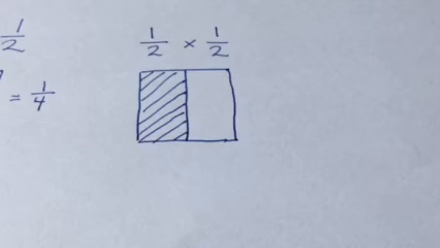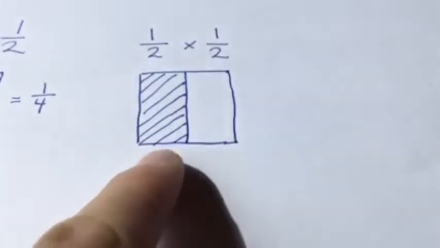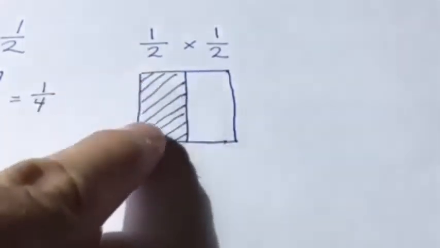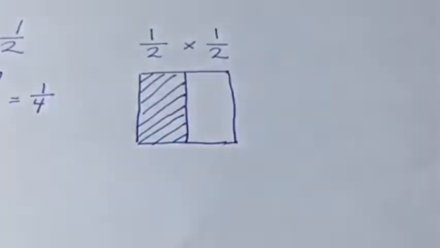So here we're going to be taking 1/2 and multiplying it by another fraction, 1/2. So what I have modeled down below is the fraction 1/2. We have one part shaded out of two total parts. So what we're going to be doing here is we're going to be taking this fraction and multiplying it by